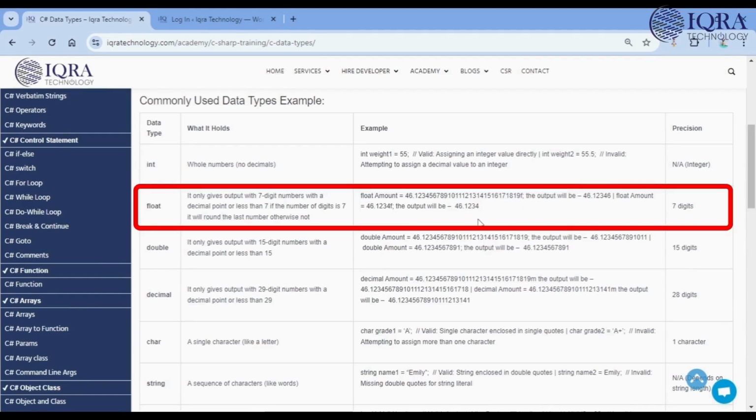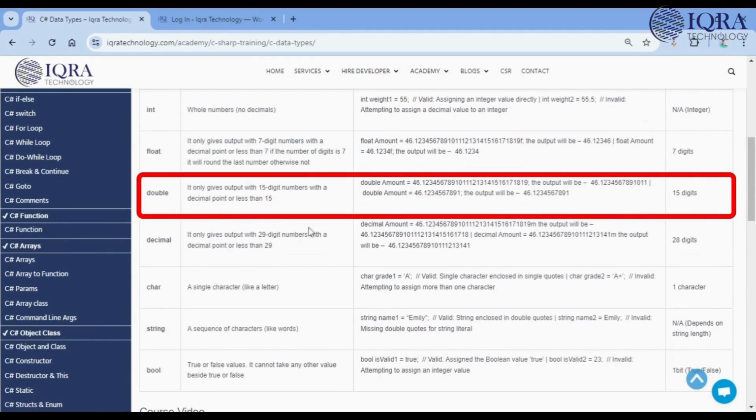Now here in double, you will see it gives output with 15 digits. For example, for float the output is up to 7 digits. Here it will give output of 15 digits in double. Okay. And in double the suffix is not important. We just have to define the type properly. Here we have taken the amount. The amount is so much, up to 19. Now what will it do? It will give output only up to 15 digits.